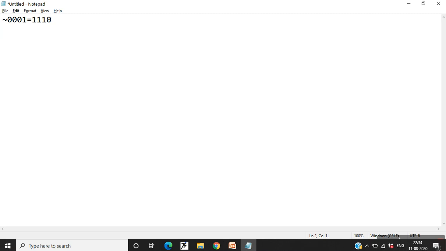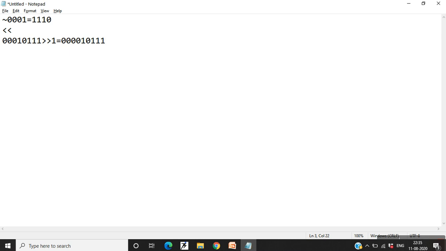Then you have the shift left operator, which is this. It is again a unary operator. When you apply this to a binary number of this type and ask it to shift by one bit, it will give you a result in this way: 0 0 1 0 1 1 1 0. Here you have shifted each bit to the left and got this number. Exactly the opposite happens when you use the shift right operator: it will shift the bits to the right and will give you this result.